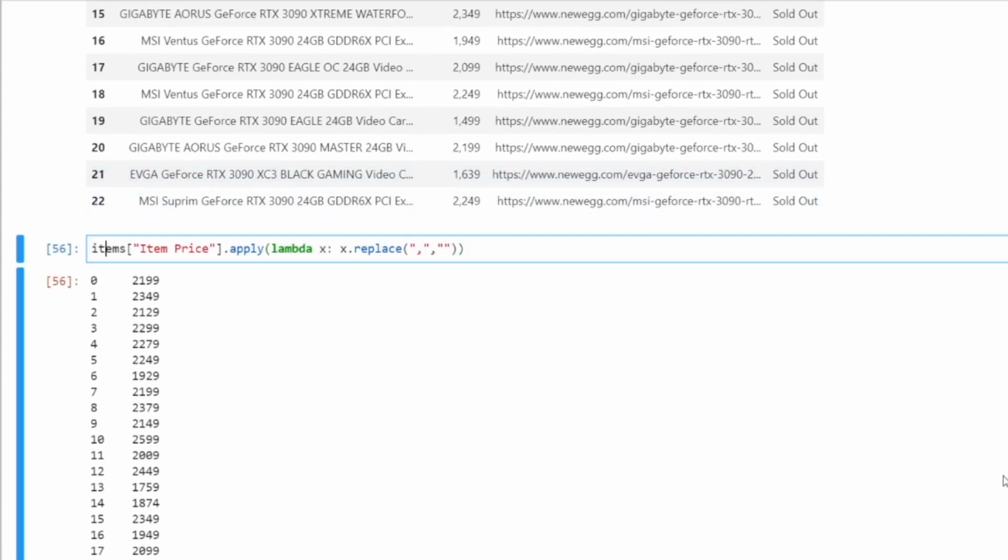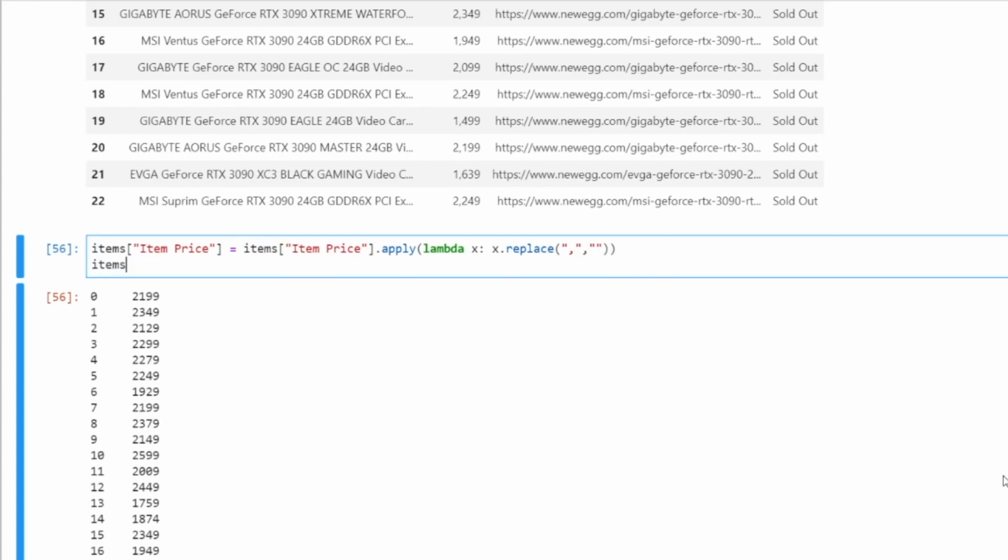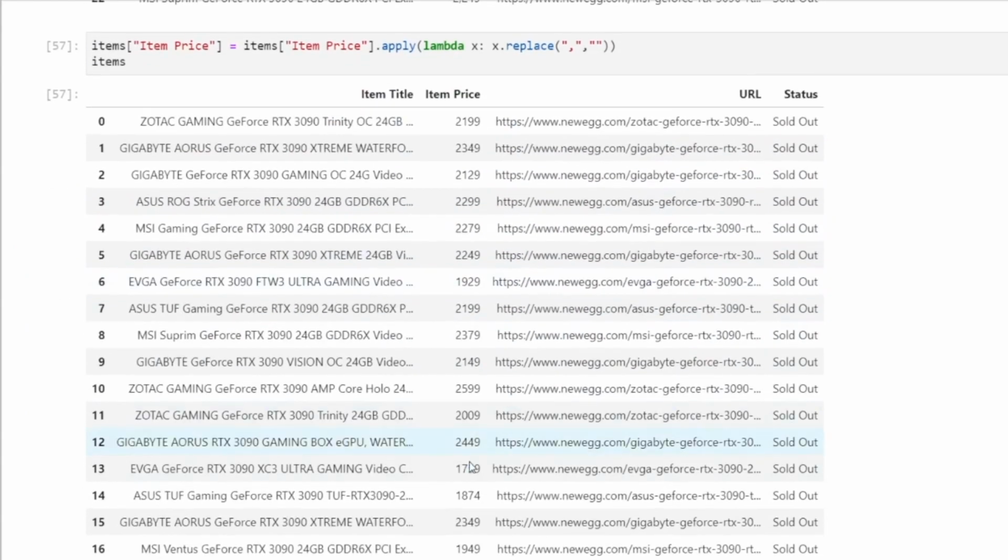But of course, I need to replace my existing column with a new column. And then I'm just going to visualize items. After this, I replace the column with a version of the item price without the commas, and the second line is just for me to display it on the screen to see if it worked. As you can see, it worked.